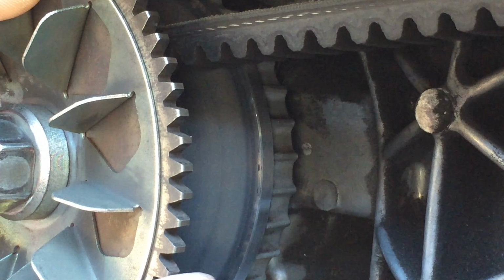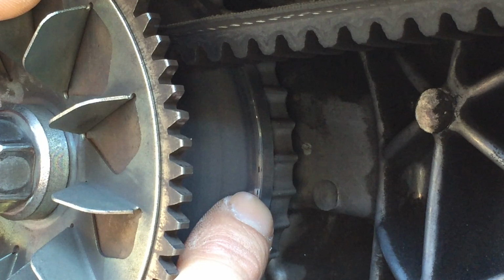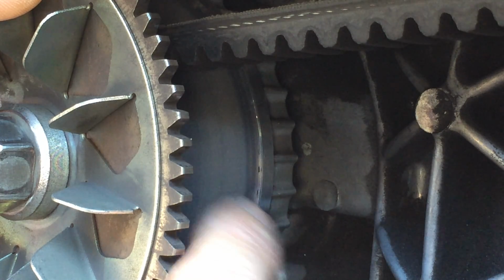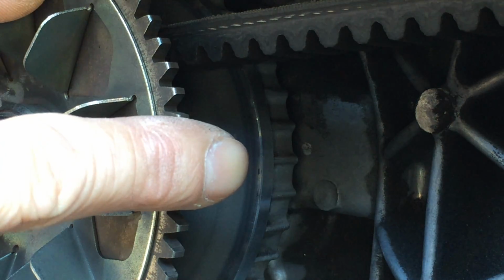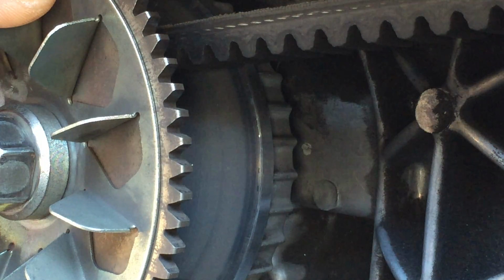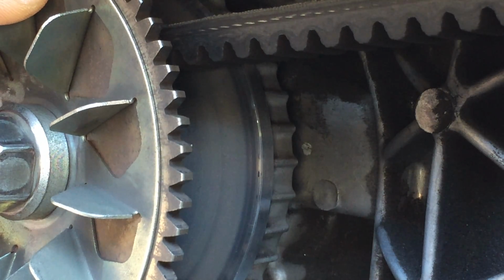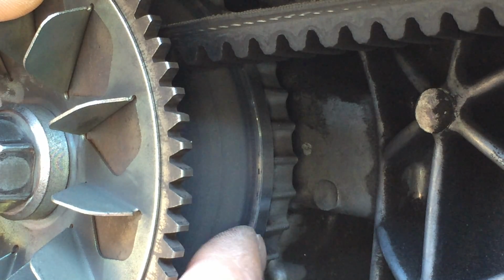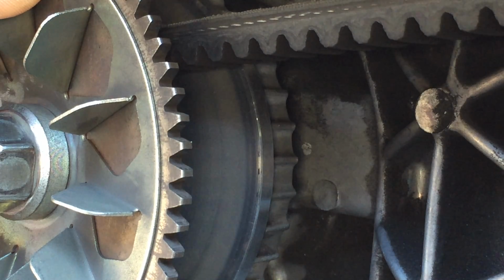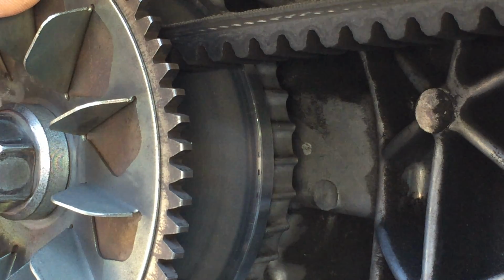So here I have the picture of the variator, and I have 3 marks. I took a marker and marked 3 lines across the edge of the face here, as to see how far the belt rolled up, and I think you could see it right about there. See those three little markers probably there, so you can still kind of see it. So that means the belt didn't completely go all the way up to the very edge. It sort of did, but not completely there, which is actually perfect, because any further than the top of